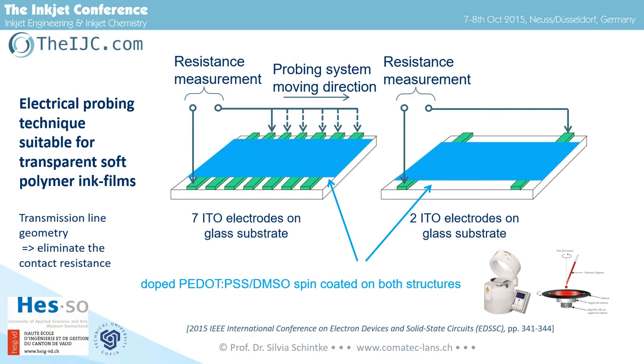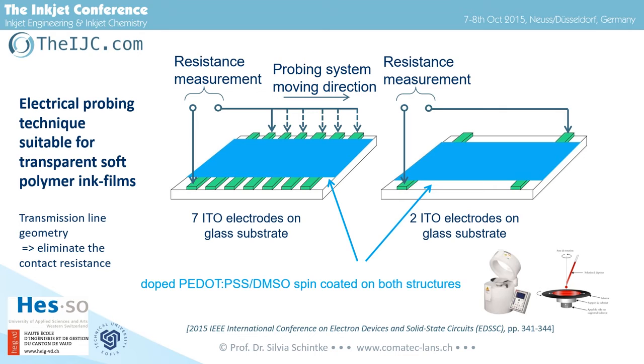The electrical measurement method which we have put up is inspired by a technique which is used in semiconductor electronics, where generally you deposit metal lines on the semiconductor to have then a geometry of transmission lines, which is a method which allows to eliminate contact resistance. We don't want to evaporate the electrodes on our films, inkjet printed or spin coated films, but we want to have a structure which still is